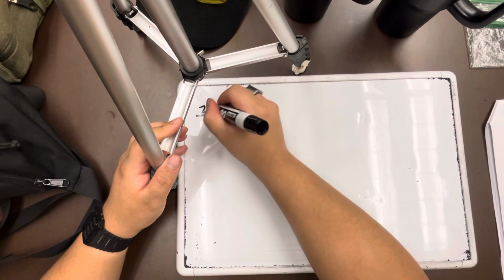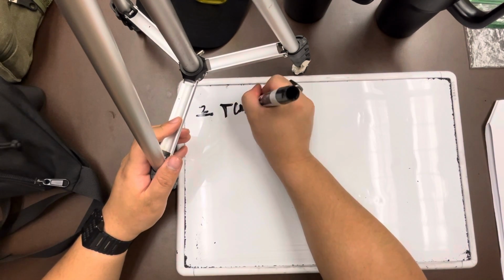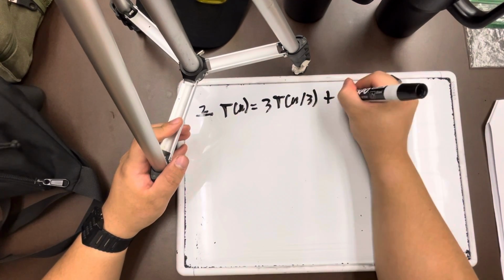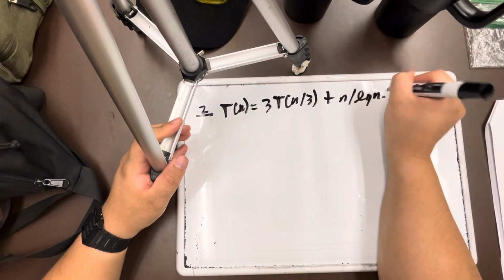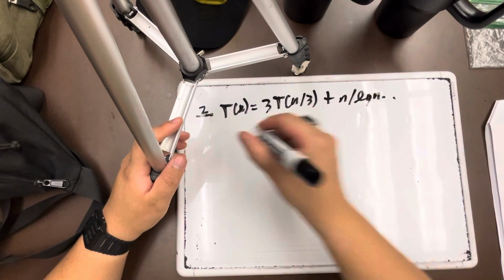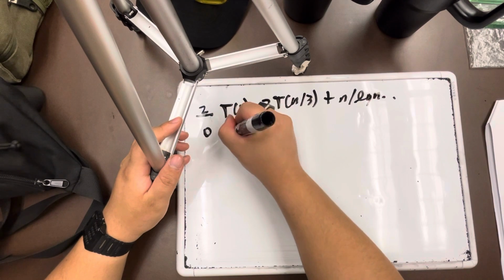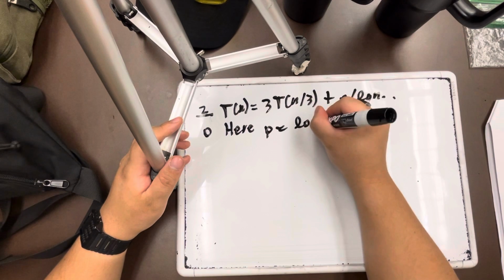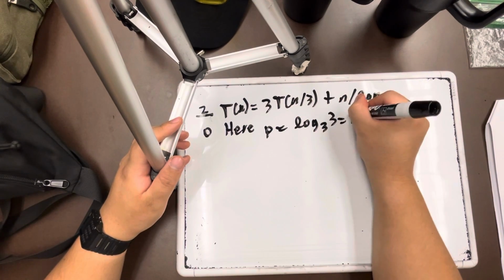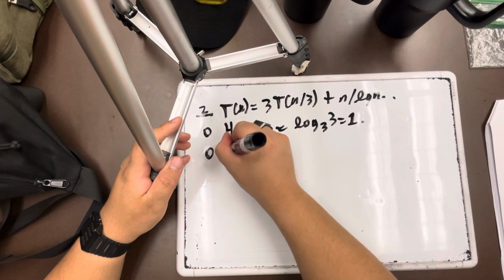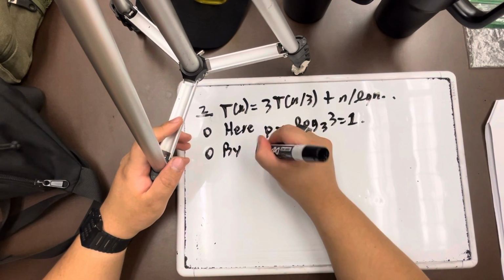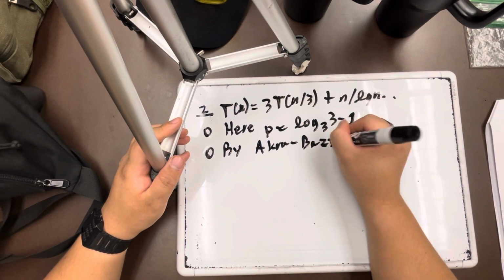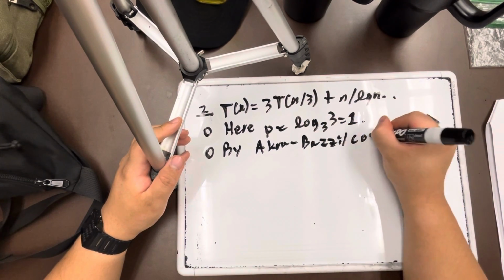So part 2, T of n is equal to 3 times T of n over 3 plus n divided by log of n. So here p is equal to log base 3 of 3, which is equal to 1. And by Akra-Bazzi, or the continuous master theorem,